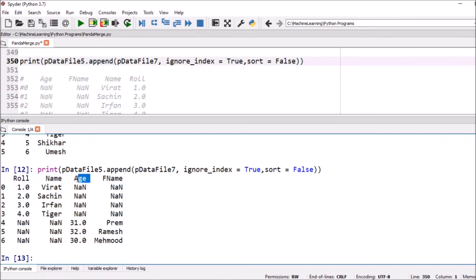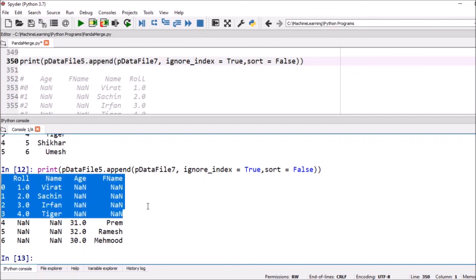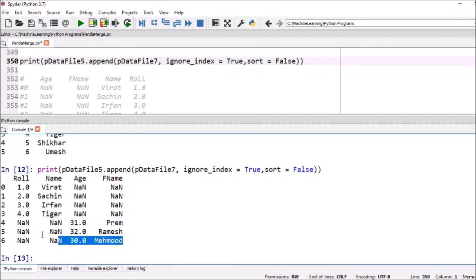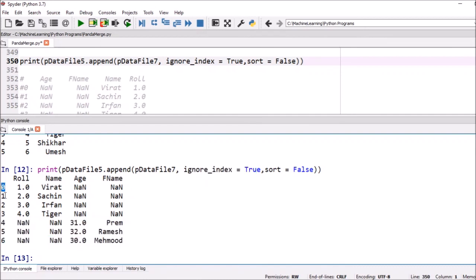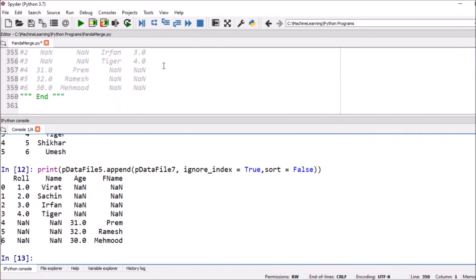Roll number and name are there, age and father's name are there. Here the attribute names are not the same. So these are the data from data file 5, where age and father's name are not there, and these are the data from data file 7, where roll number and name are not there. In this case, ignore index true means we need fresh index values. Are you getting this one?